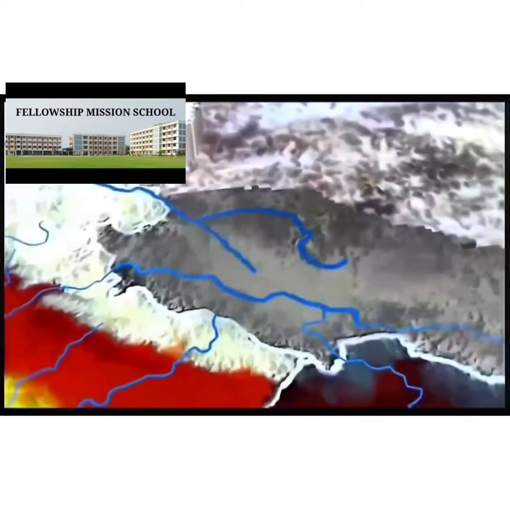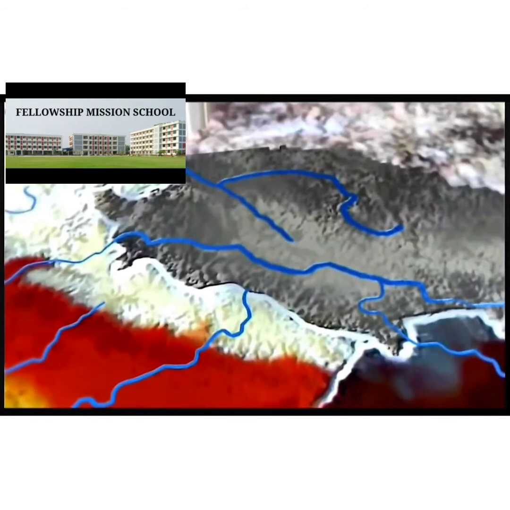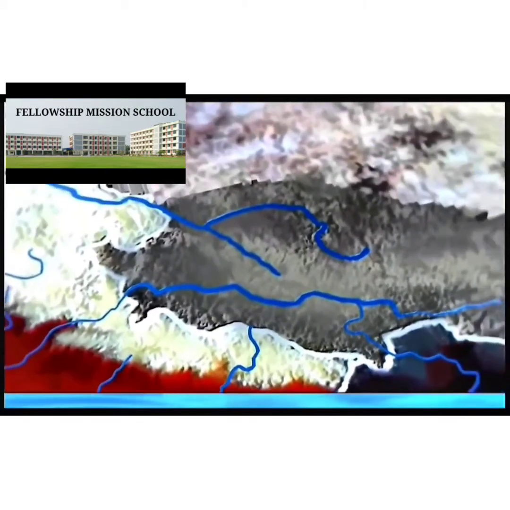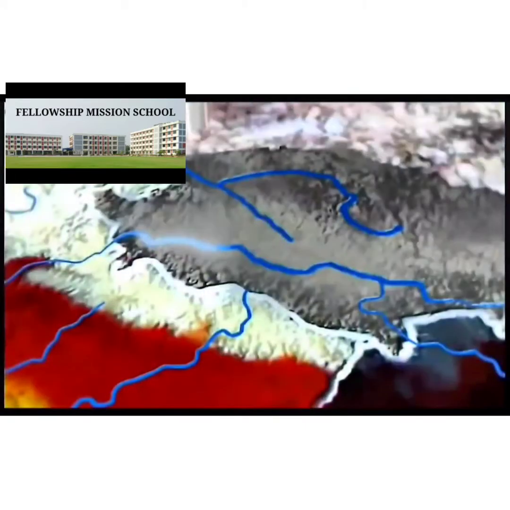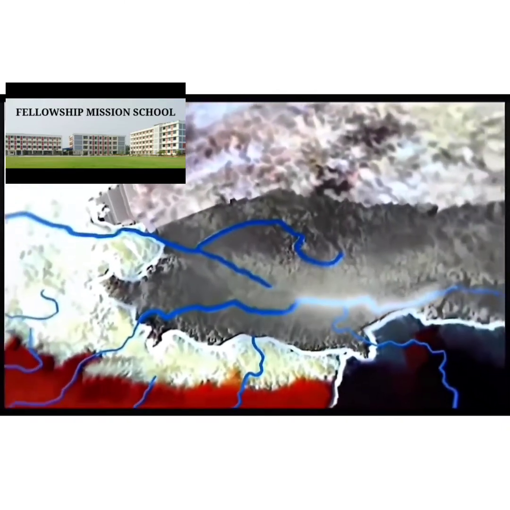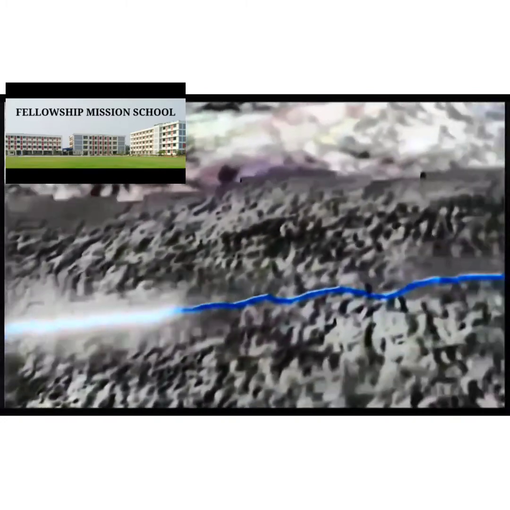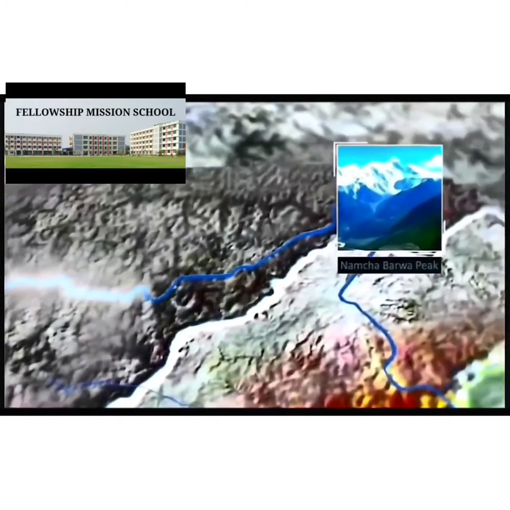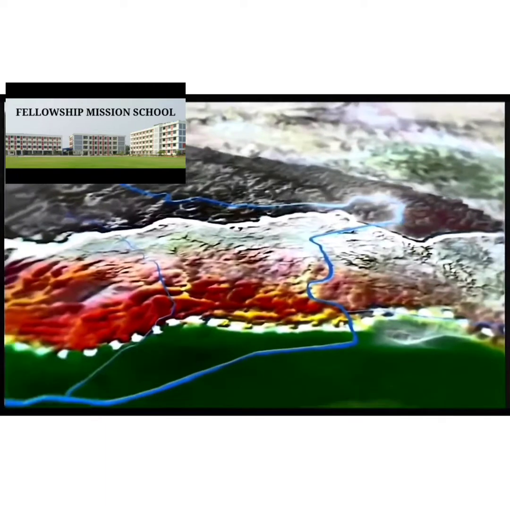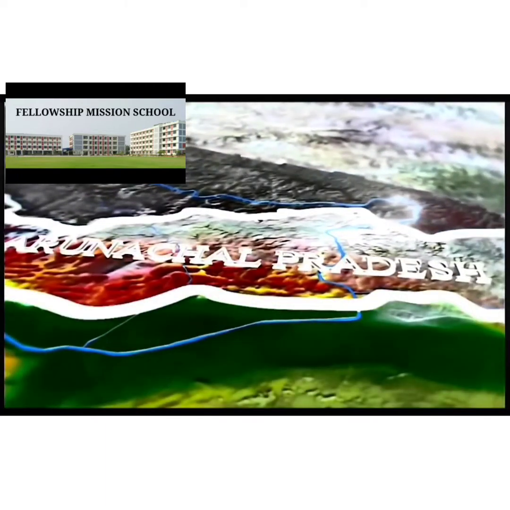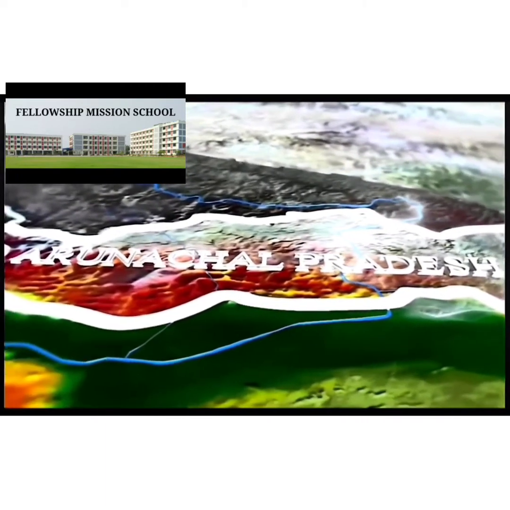The Brahmaputra river system. The Brahmaputra is one of the largest rivers of the world, as its origin is from the Kailash range near the Mansarovar Lake in Tibet. From there it flows eastward parallel to the Himalayas, where it is known as Tsangpo, which means the purifier. The Namcha Barwa peak obstructs the flow of the river and forces it to take a U-turn. Thereby, the river enters India in Arunachal Pradesh through a deep gorge.